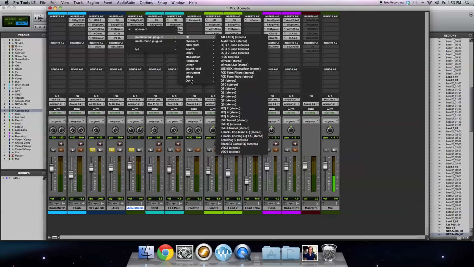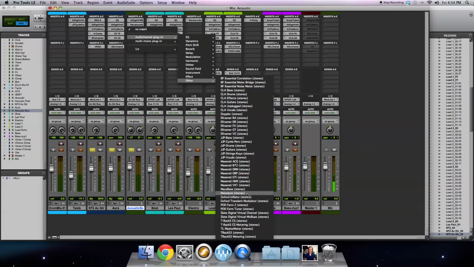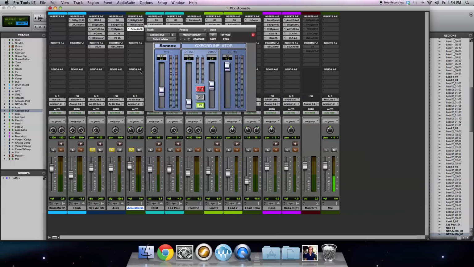Another plugin that I really like to use at this point is the Oxford Inflator. This is a Sonnox plugin, and it does its own kind of weird special effect. It's difficult to describe, so I'll play it back and bring it in and out. What I usually like to do is turn this, the input clipping, off, bring up the input, bring down the output, so it's kind of unity gain staging, and bring up the effect. And what you'll see by doing this, where I brought up the input and turned off the input clip, is that the effect